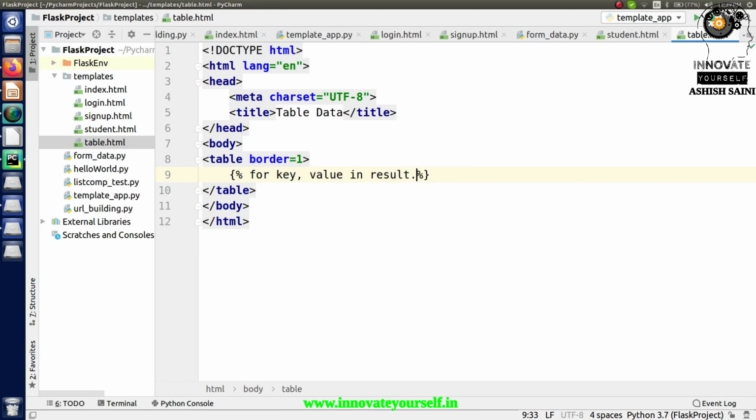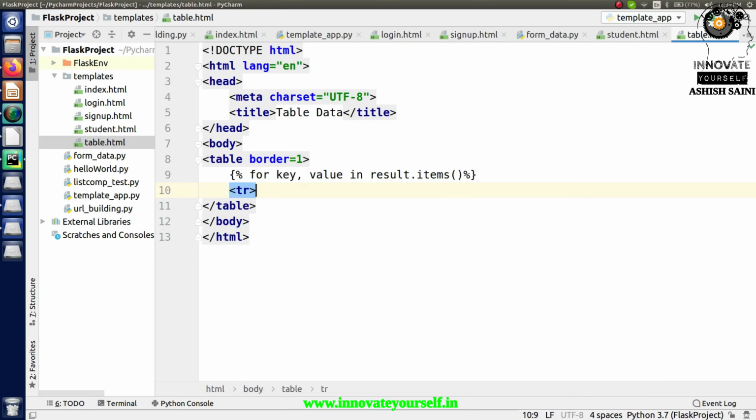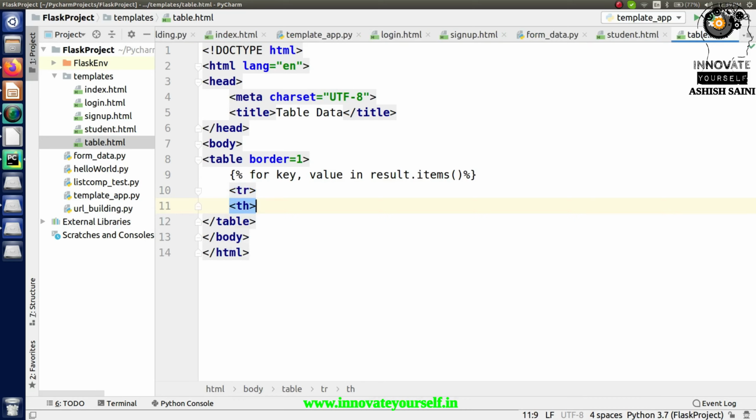So I will be having this items, right? So from here I will be collecting all the values in the form of key and value pair using the loop, and after that I will be storing them inside the table, right? So like this. So just pass it here.